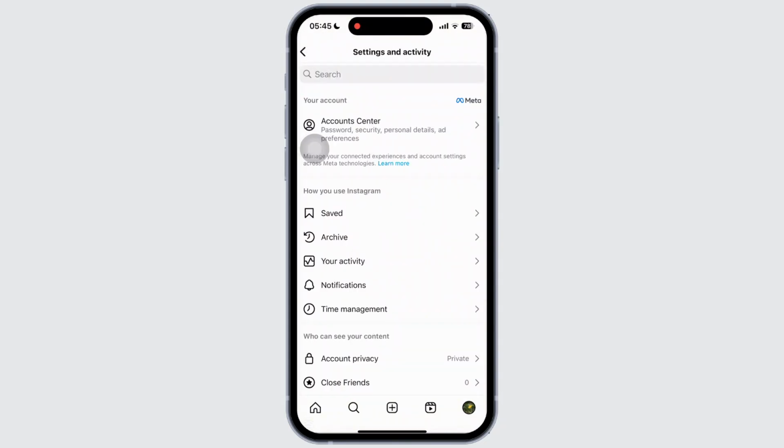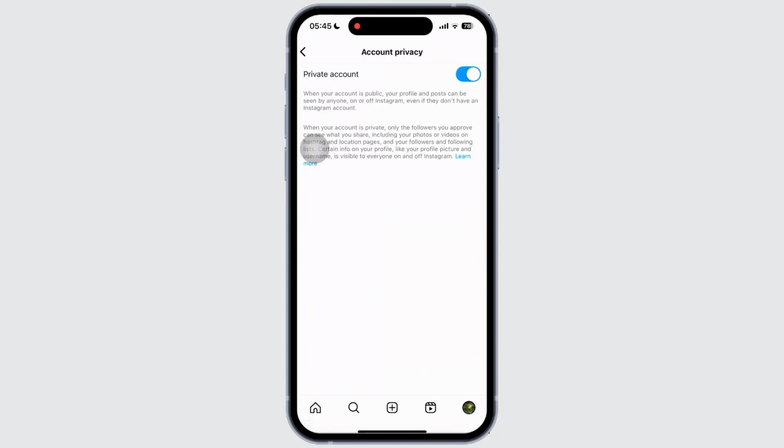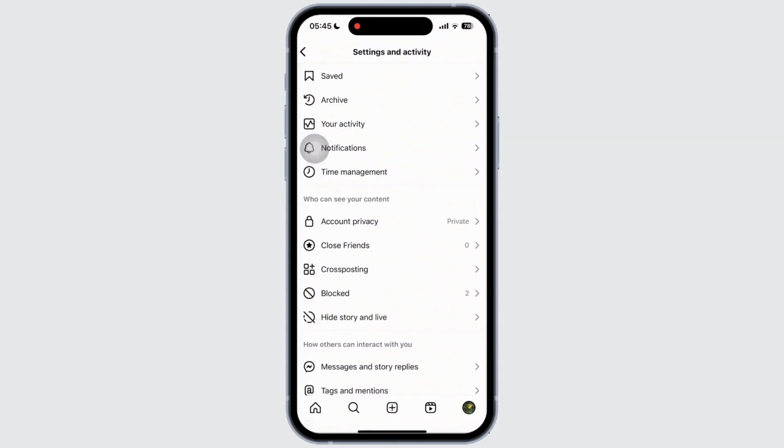Then scroll down and tap on account privacy. Change your account to private so that only approved followers can view your stories, and it can reduce the screenshots of your Instagram story. Now once done, go back to the settings and privacy and scroll down and tap on